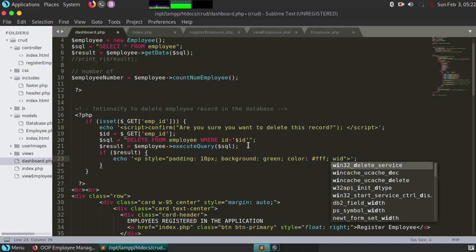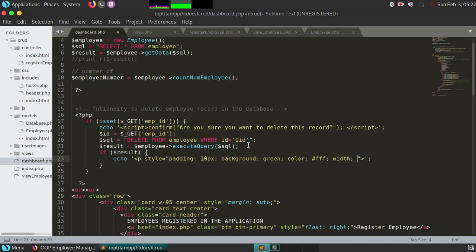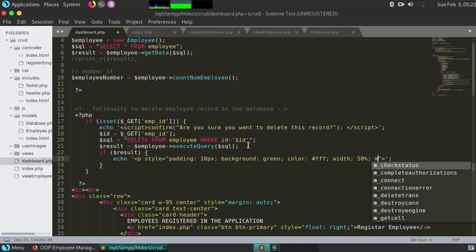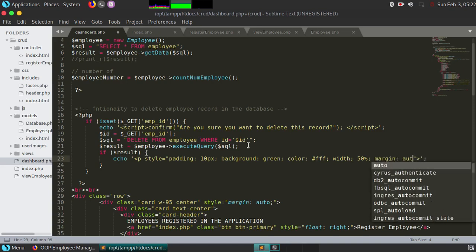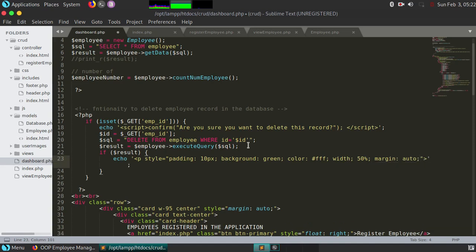And let's say I'll give a width also of 50 pixels. I don't want it to span all through, and since it is 50 pixels, I would like to give a margin of auto. Now this is just styling our success message, and I'll concatenate that string, put in another string,